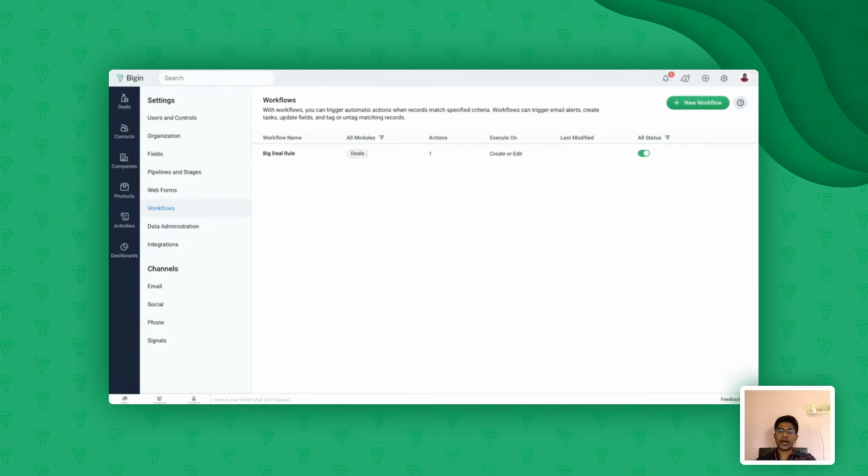The same goes with your activities as well. So if you want your sales rep to call any of your contacts, let's say if you want to do a follow-up call to your contacts the next day when they're added in Begin, you can pretty much do that as well using workflows. Instead of going to the contact and creating a manual activity, you can actually automate it using workflows. So let's see how a simple workflow automation can be set up using Zoho Begin.